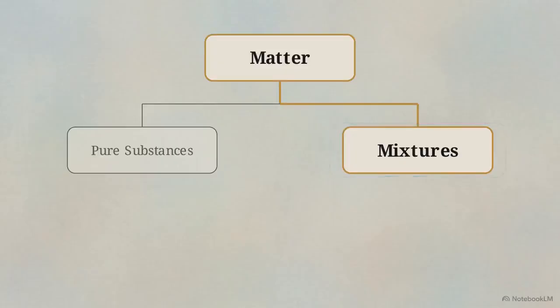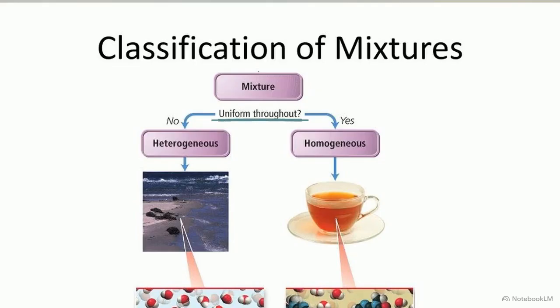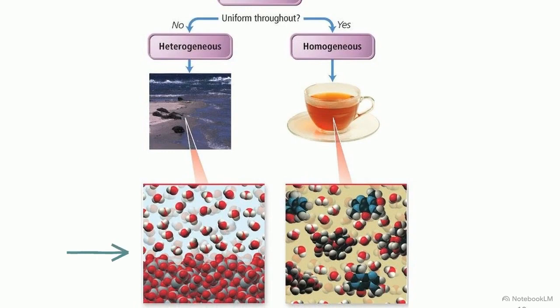We see the exact opposite behavior when we shift to the mixtures branch of the matrix. Mixtures are variable physical blends of two or more substances where no chemical bonds are formed. This diagram categorizes mixtures based on phase uniformity. On the left, a heterogeneous mixture is a non-uniform blend where materials separate, like heavy sand settling beneath water. On the right, a homogeneous solution has molecular clusters perfectly distributed, creating a uniform composition.